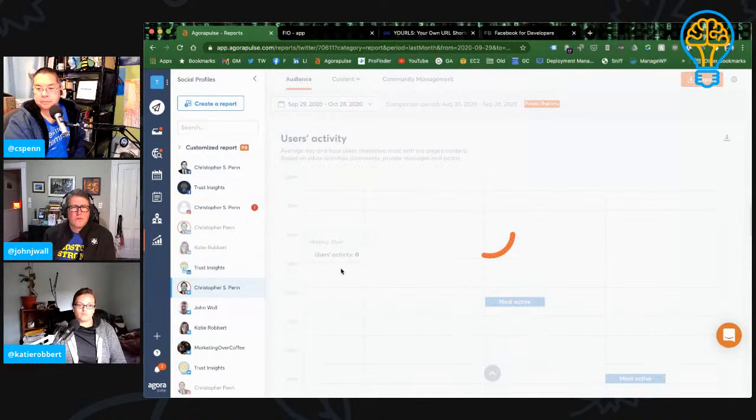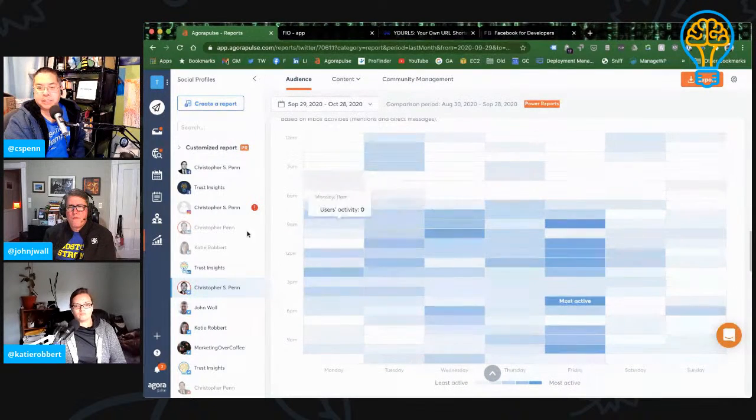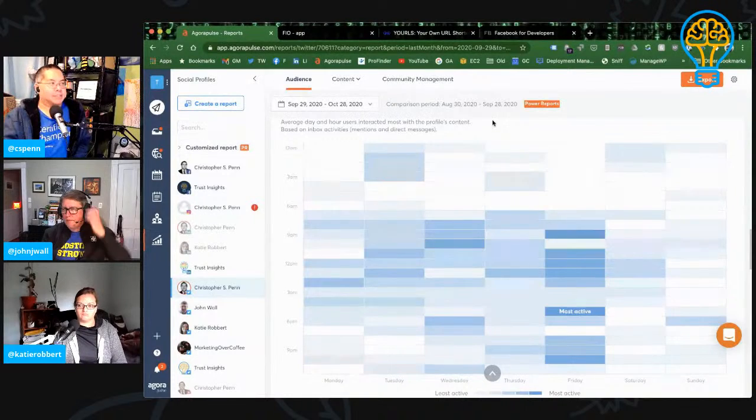Let's go ahead and go into my Twitter account here. And you can see there's some decent spots of activity based on the data coming in. Here's the catch. This is only based on your data. So if you are posting at 9 a.m. every day, Monday, Wednesday, and Friday, the most active times are going to be 9 a.m. Monday, Wednesday, and Friday, right? It's sort of a self-fulfilling prophecy.